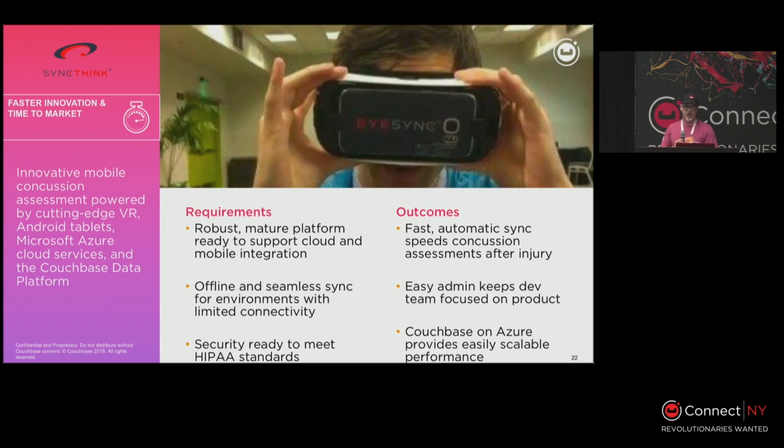And then the last one that I'll talk about, these guys run in Azure. SyncThink is a really great company. They've had several iterations with us. Again, more on the mobile side, I would say, because they use Couchbase Lite on one hand. They also use Server. So Lite on the devices to synchronize in real time with Couchbase Server databases in Azure,